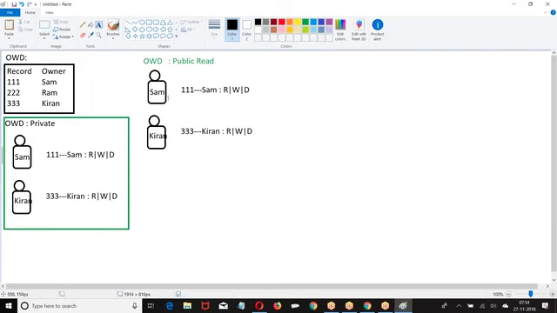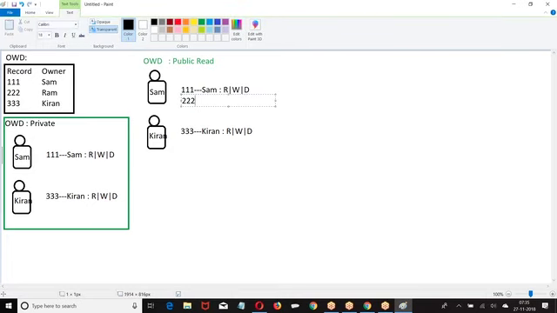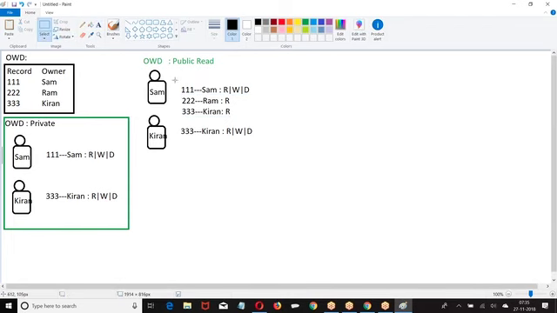Now when I say OWD as public read, everyone will be able to see everyone's record.